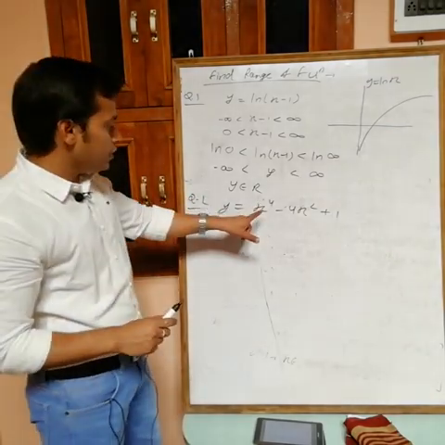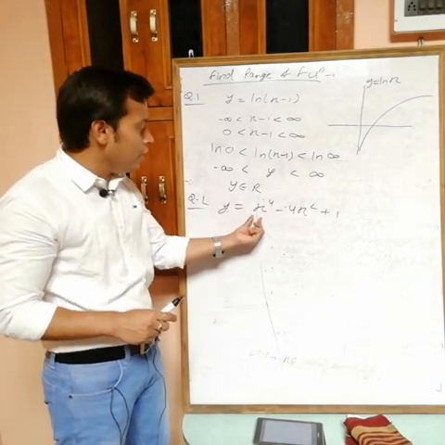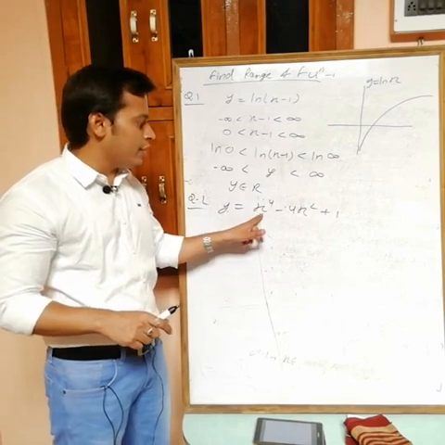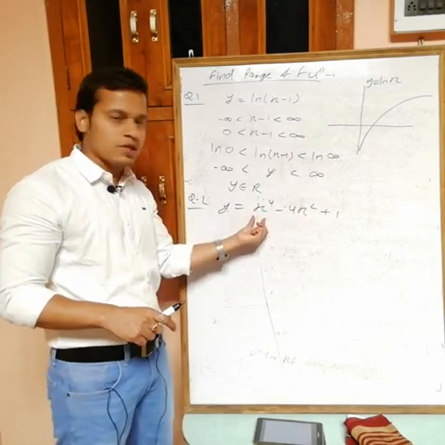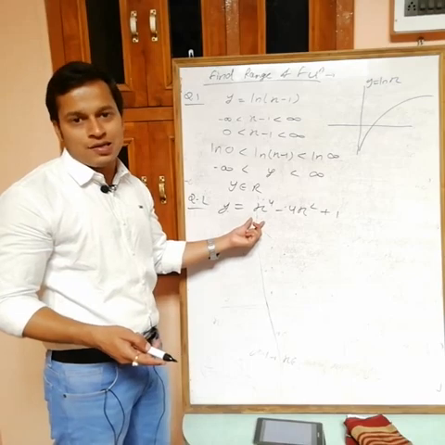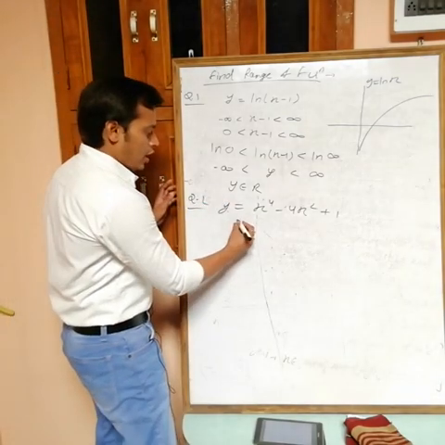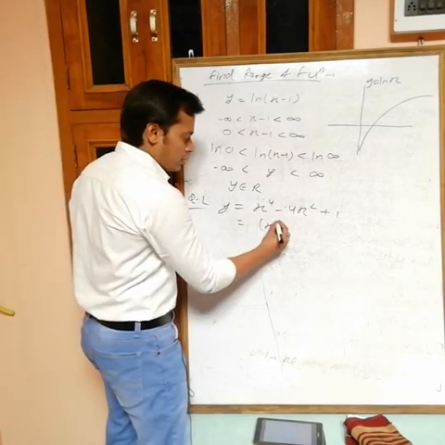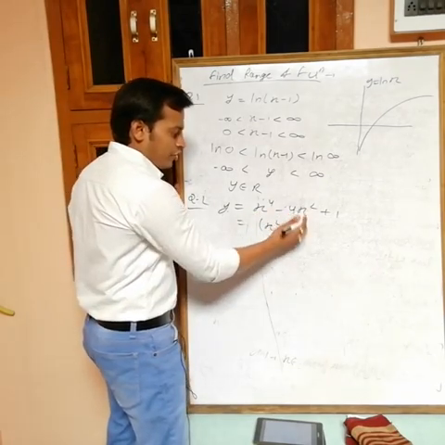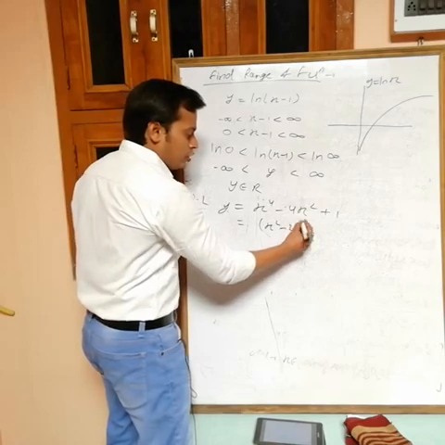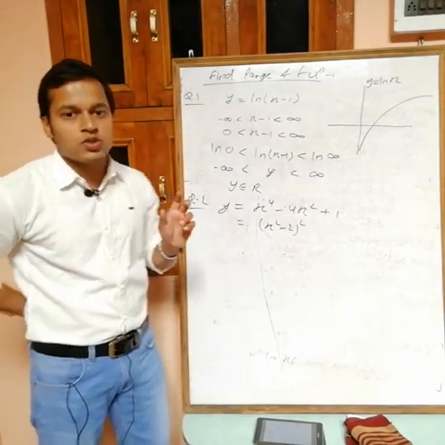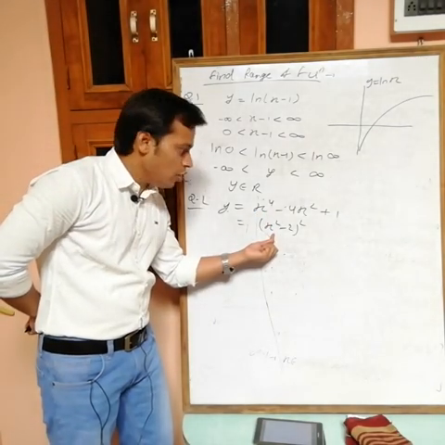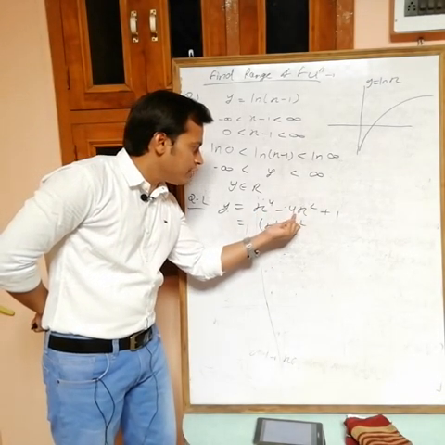Now actually you can see that this is a quadratic equation in x square. The degree of this one is 4, but I can say that this is a quadratic equation in x square, so I can complete the square. I can write this as x square, and half of the coefficient of x square is 2. This can be written as x square minus 2 whole square. This is the square of x square, and half of the coefficient of x square is 2.